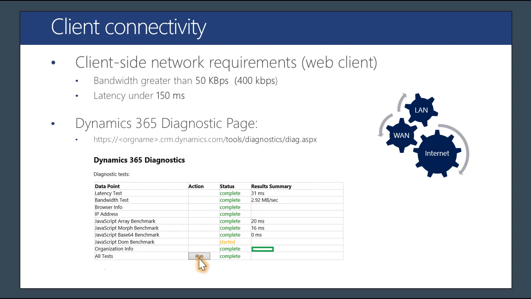And again, the bandwidth has to be at least 400 kbps for each user. So understand how many users would be working from that specific location, and what kind of bandwidth you'll need to set up for your users in that office location. So these are the two key factors that you can very easily measure through our diagnostic tool and plan your